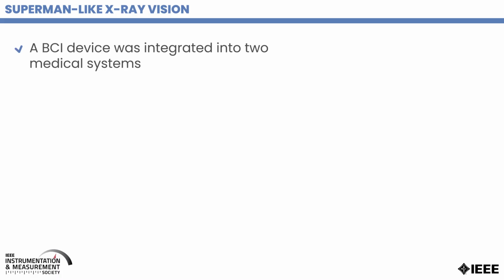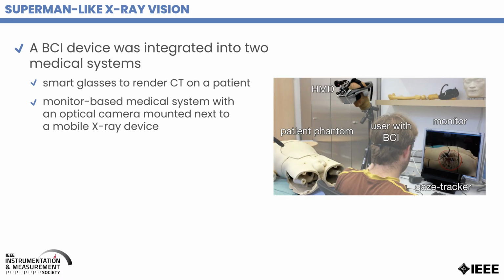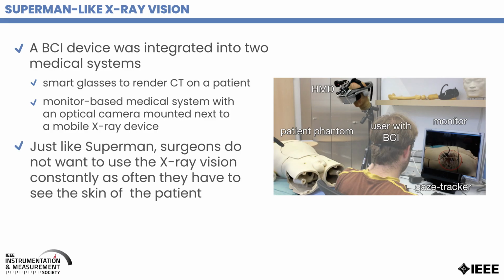So this kind of concept was already brought to the attention of the scientific community years ago, in 2012, with this first simple idea in some sense, but in some other sense also a breakthrough idea, because in this paper the authors said that BCI could be used for a Superman-like X-ray vision. In this kind of experiment, they were providing a surgeon, who was already wearing a helmet for mixed reality, for augmented reality, and on this kind of visor he or she had the computer tomography